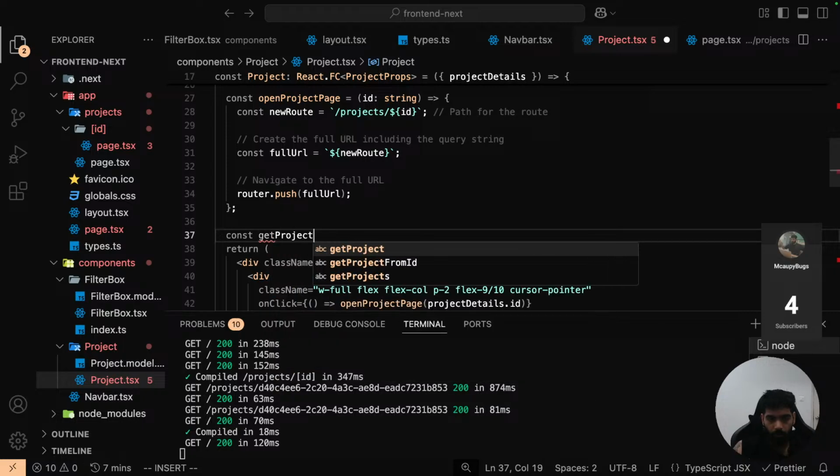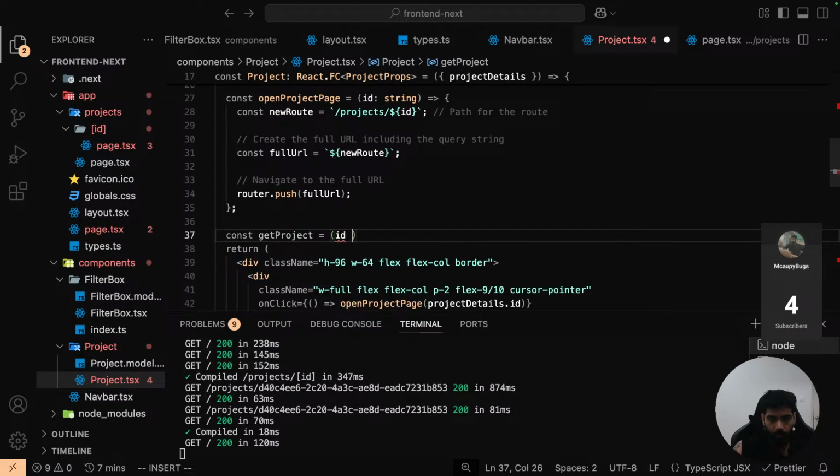Constant getProject can take an ID of type string, and then it can just do